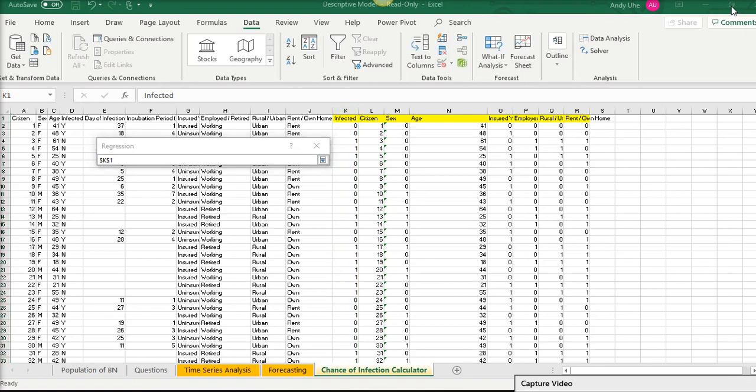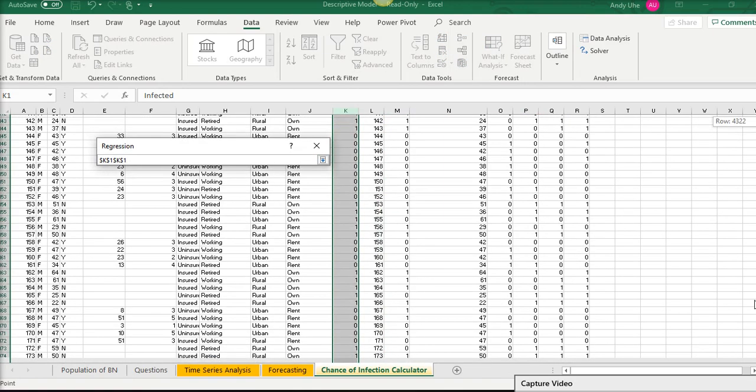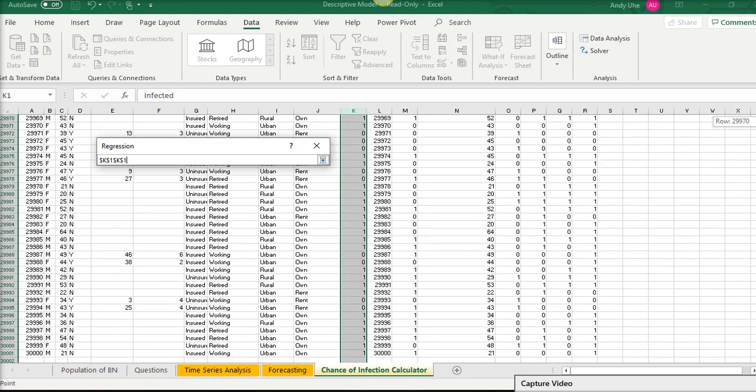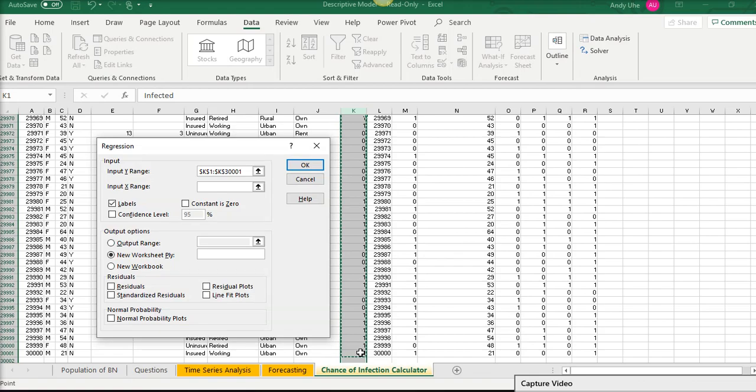Actually, let me decrease this. Yeah, well, that's not working. Well, I'm going to scroll down. I'm going to select K1, and I'm going to scroll all the way down to K30,001,